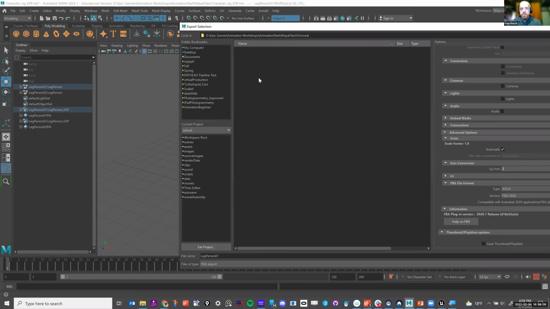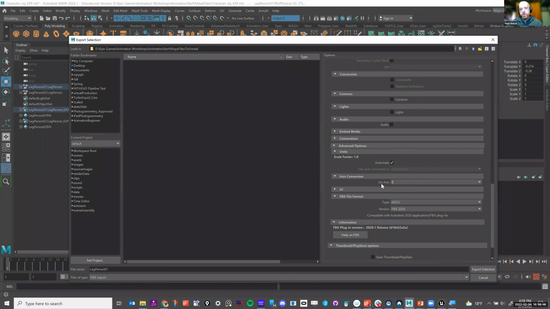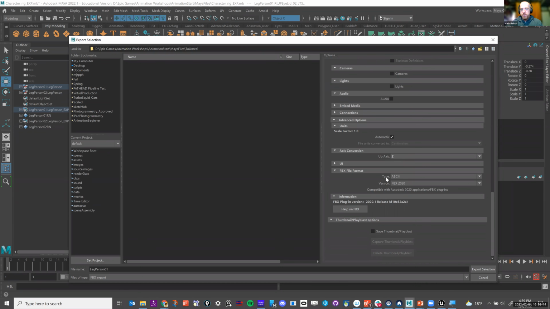So why Alias decided to go with Y up, I have no idea. But in here, where it says up axis Z, that is not saying what the axis currently is. It's asking you, how do you want the object exported? What do you want their orientation to be? You want them Z up? Yes, that's what we want. We want Z up. Sacrilege. Why up all the way, right? Yeah, so Z up, that's what we want.